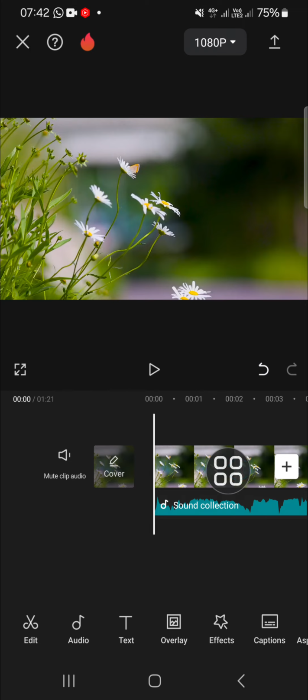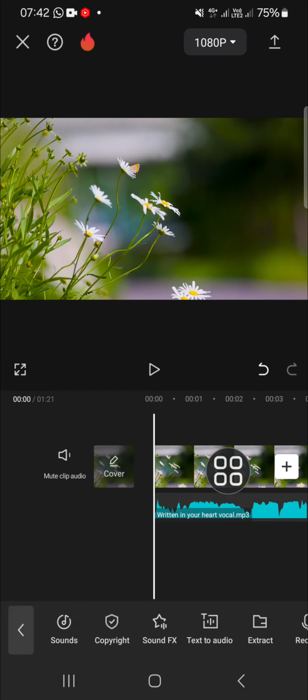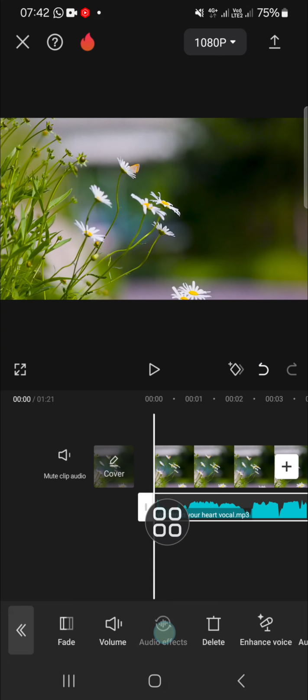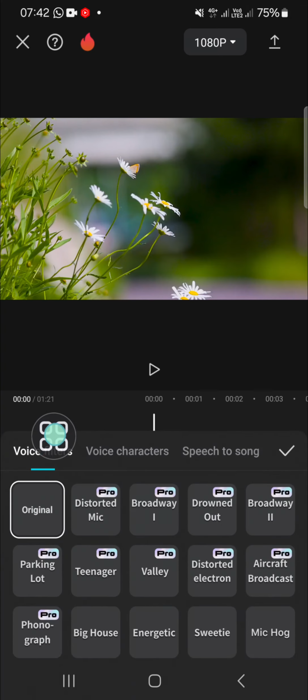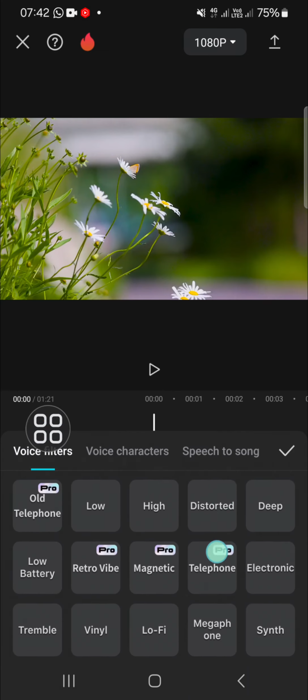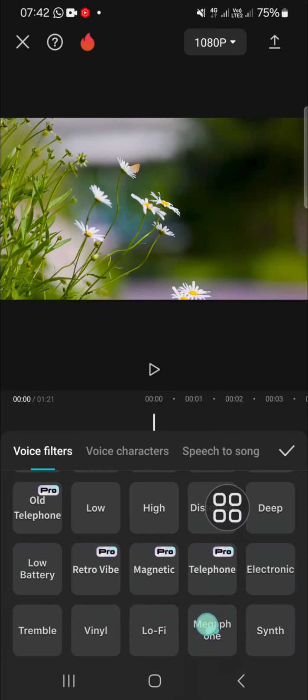You can click on your audio or your music, and you have to click on it again, and then you have to go to the audio effect. Okay, and you have to go to the voice folder section right here, and you have to scroll down until you find the megaphone effect, this one. Okay,